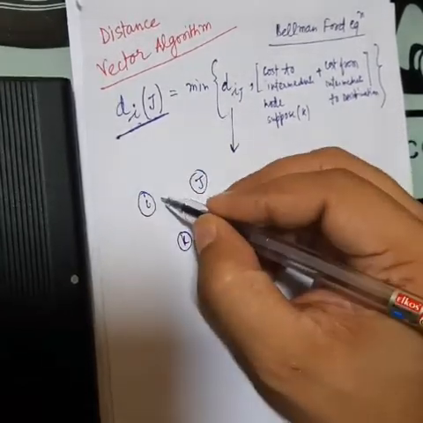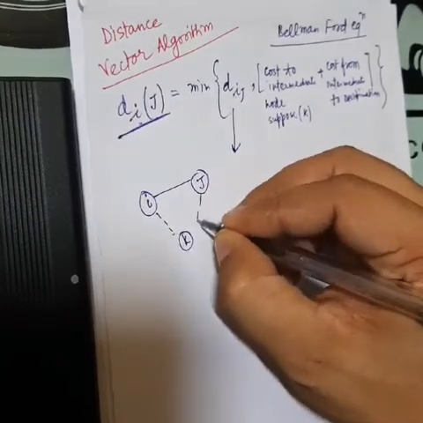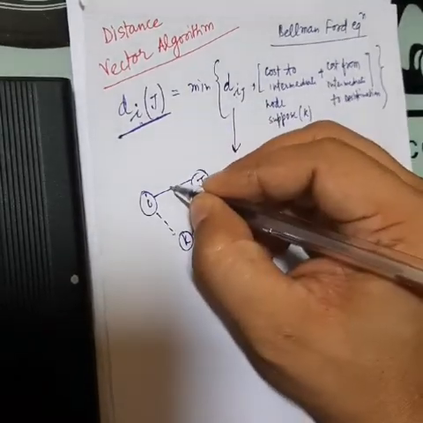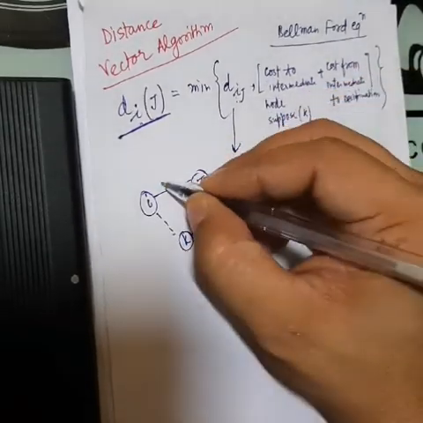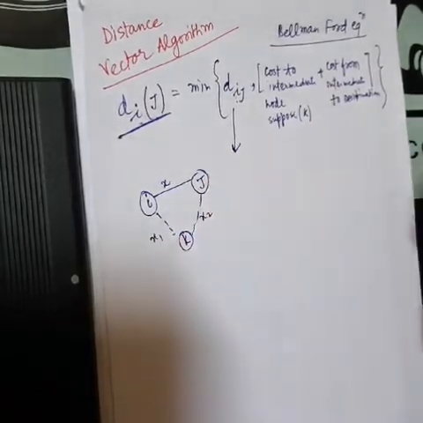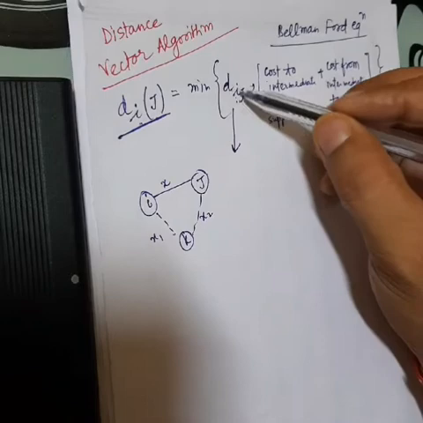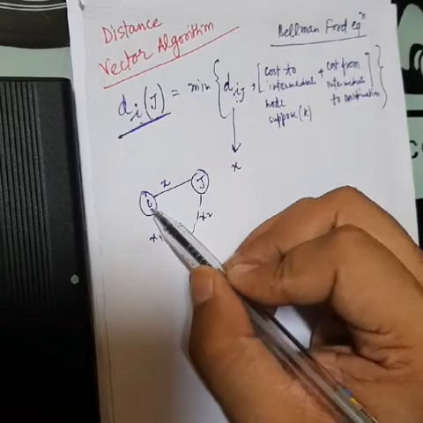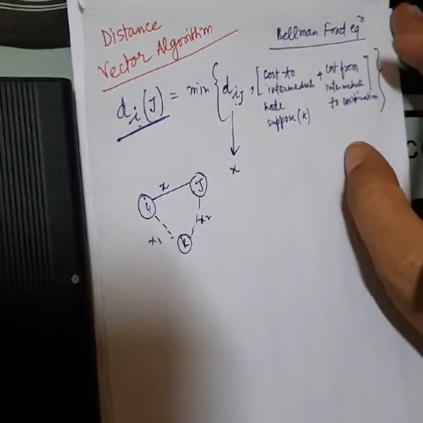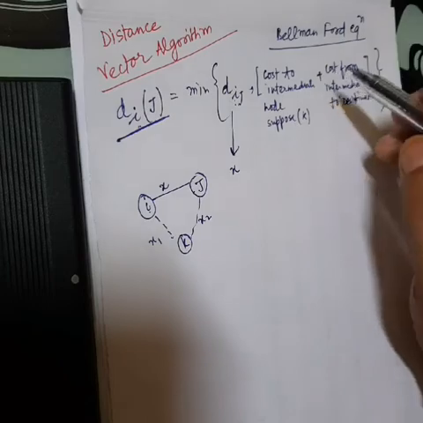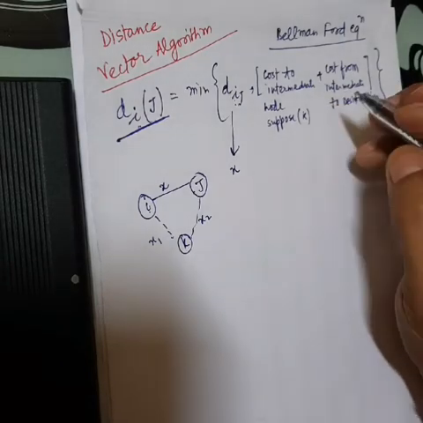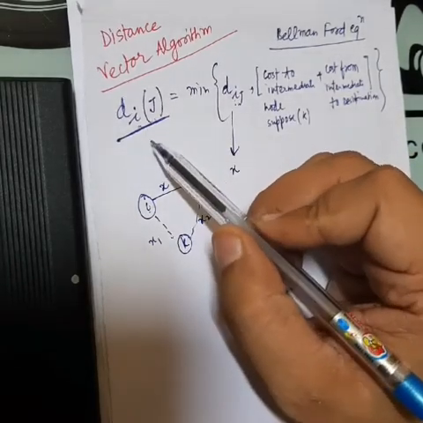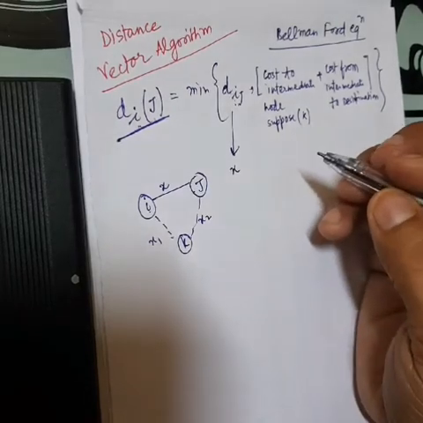In the graph we represent the Bellman-Ford equation calculation according to this graph. So in this graph, d of ij, suppose that this is x and this is x1 or x2. In this case, d of ij is represented as this x value. That means this is the direct cost between i and j. Now comes the cost which is calculated with the help of intermediate nodes. So the total cost between i and j, with the help of intermediate nodes, should be calculated now. So how can it be done?